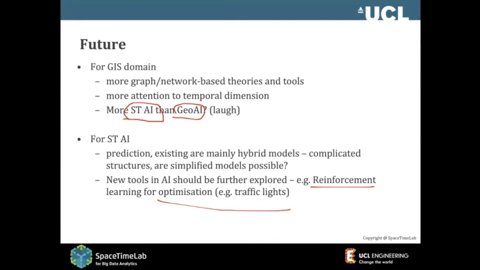I know Professor Adamani is now working on it. They have done some work using reinforcement learning for space syntax or spatial navigation and many other options. There's a group in computer science at UCL. They use reinforcement learning to optimize taxi allocation, or how we can use it for traffic light control. These are really, really exciting topics. We could look at them as well. So of course, there is much more we can do.